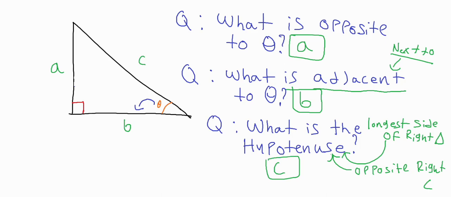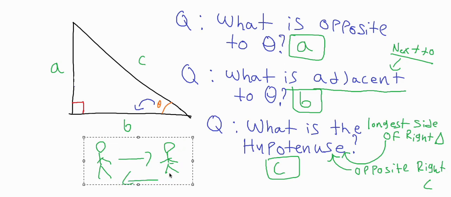Well, why? Because what is opposite to a right angle? The hypotenuse is opposite our right angle. How do we determine what is opposite a right angle? Just draw an arrow, right? We have a person here, and we have a person here. Just draw an arrow. This person is opposite to this person, or vice versa. Literally, use sort of logic here. Okay, so